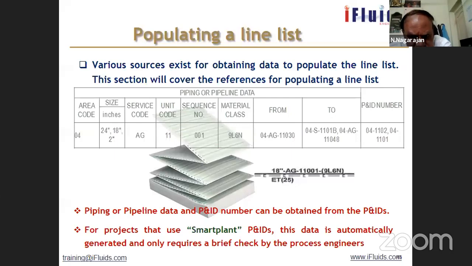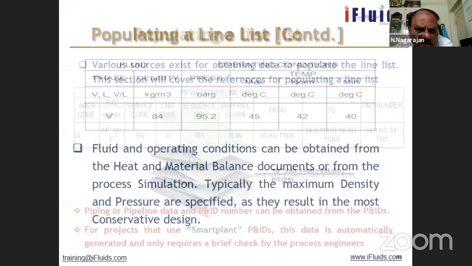It takes more time to develop a smart plant P&ID than a simple AutoCAD drawing, but it is very useful. Once you do the complete P&ID in the smart plant platform, you can easily extract the line list, equipment list, valve list, etc. You just give one command, and it will list all the lines with all the attributes. That is very comfortable. Nowadays, most companies do this because initial development takes time, but it is very useful when you want to extract line list, equipment list, valve list, or instrument list. So just keep smart plant P&ID in mind.